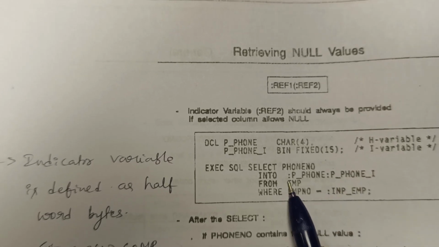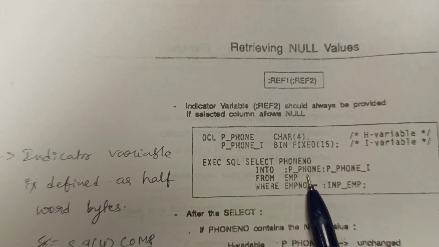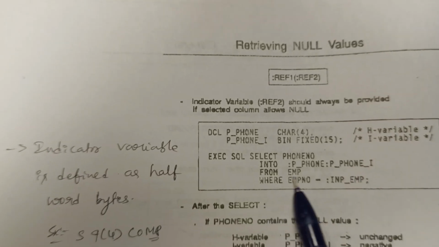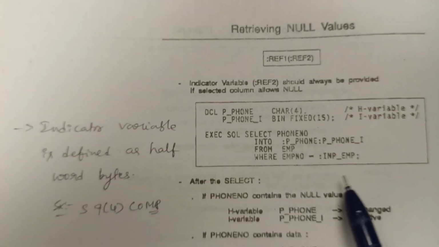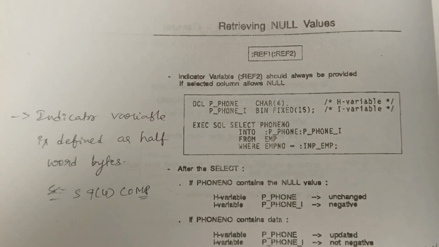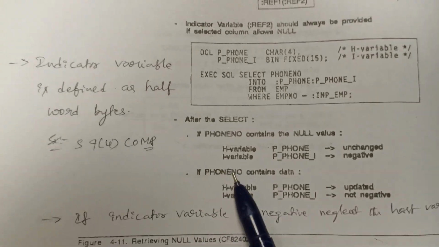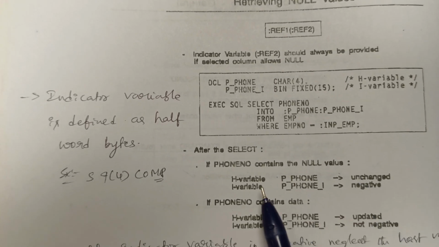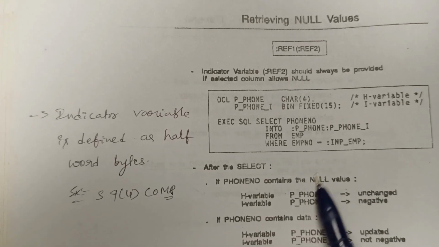You can see the double quotes: the first field is the host variable, and the second one is nothing but the whole indicator field. From table name where employee number, this is the host variable. Another important point is if the phone number contains a null value, my phone number having